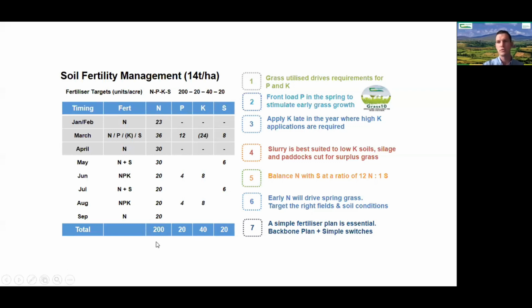And the reason I'm talking about this today is that there's a consultation document out there at the moment in relation to the nitrates derogation for 2022 onwards. And there's a lot of talk about a 10% cut in nitrogen, maybe even a 15% cut, depending on critical source areas and EPA decisions around loads in certain catchments and so forth. And people are getting very excited maybe around the whole reduction in nitrogen application that's going to be allowed. And I'm not saying that it isn't something that's worth getting concerned about, but what I would be of the